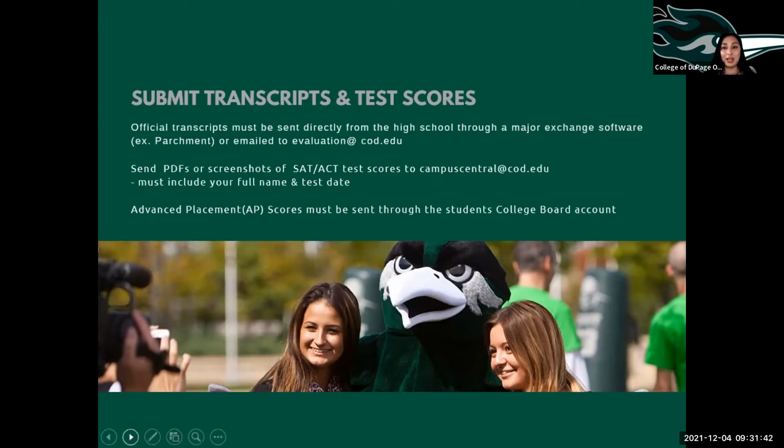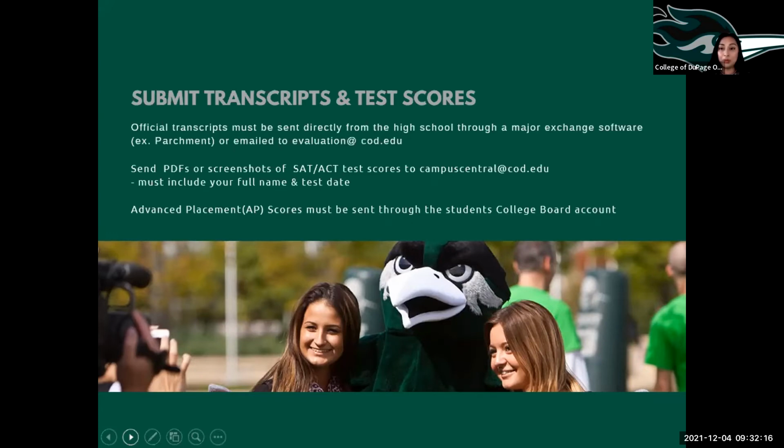So students with a 950 or higher on your SAT or a 20 or higher on your ACT, having you yourself pay for the scores to be sent officially to the college, COD will accept a